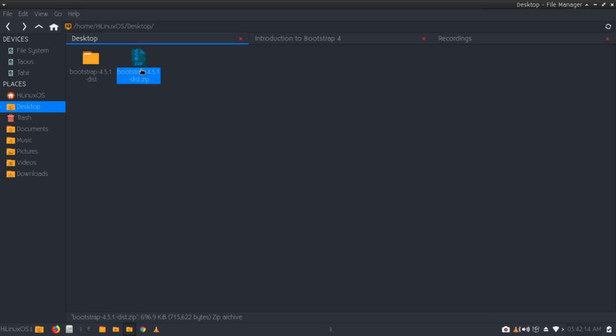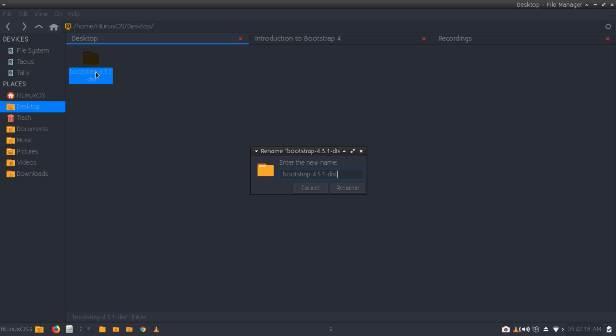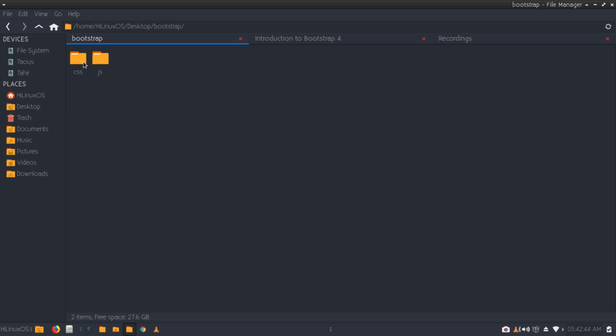Now I'm going to delete this zip file and let's rename this simply Bootstrap. Now we can start working on this project. So we can open this folder. I have already renamed this, and let's